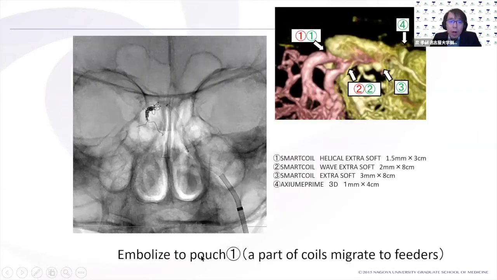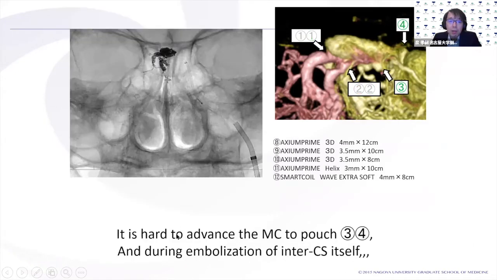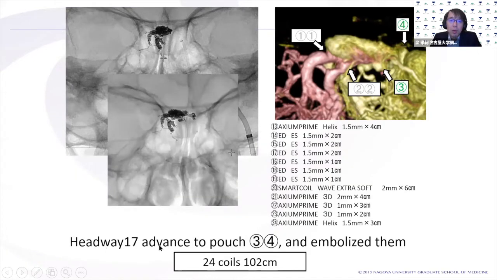I embolize the first pouch here, and a part of the coils migrate to feeders. It's not so much of a problem. And I embolize the second pouch. It is hard to advance a microcatheter to pouch 3 and 4. So during the embolization of the intercavernous sinus itself, the Headway 17 advanced to pouch 3 and 4. So I embolize them. Total 24 coils